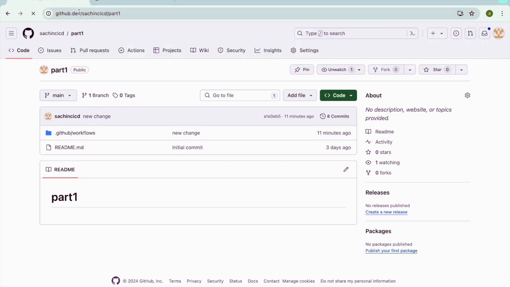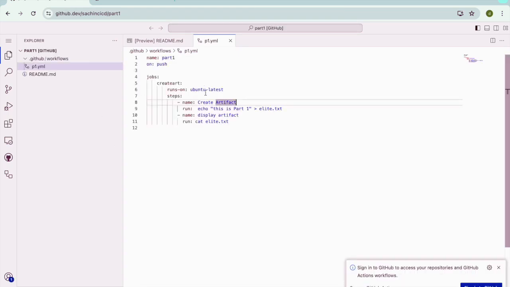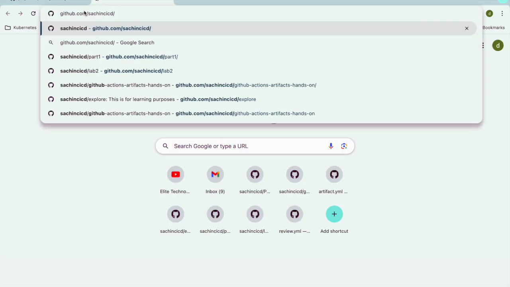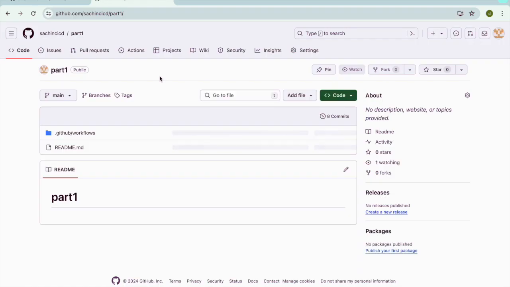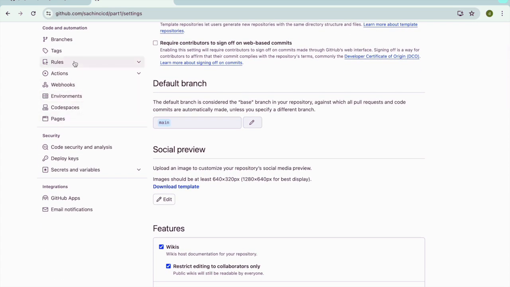We will use the same repository, part 1, in this. So what we will do is we'll just change the name from part 1 to part 2, and come to here as well, part 1. Go to settings,